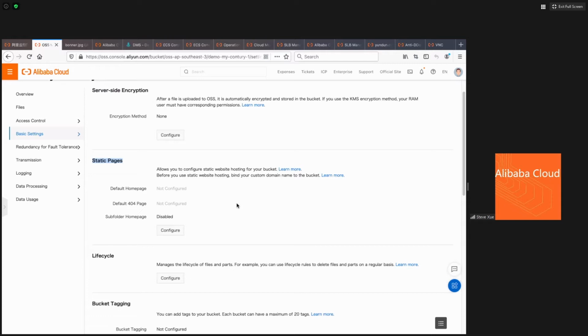Can I just upload my pictures to the cloud and have people immediately visit them on the web? That is a feature the OSS can provide. It's called a static page. You can upload your whole set of pictures, which is called the static content, to the OSS and just name two